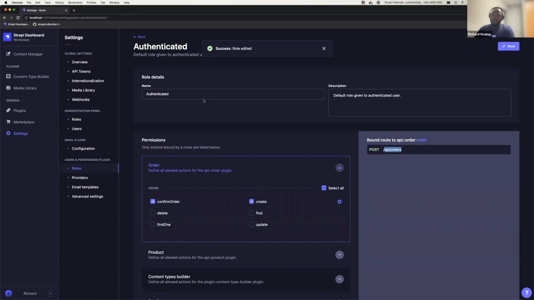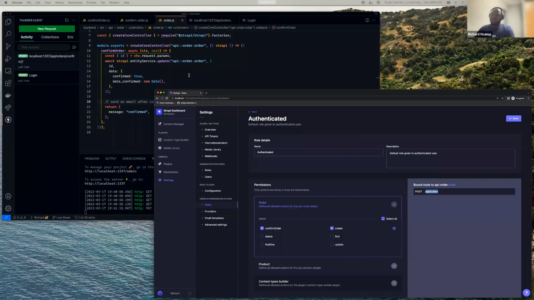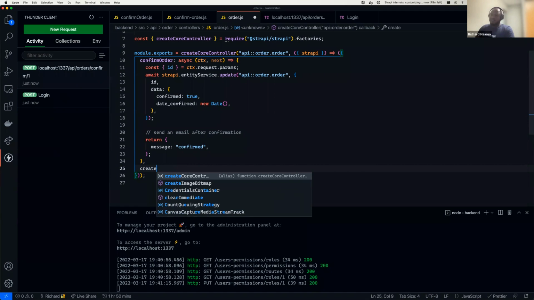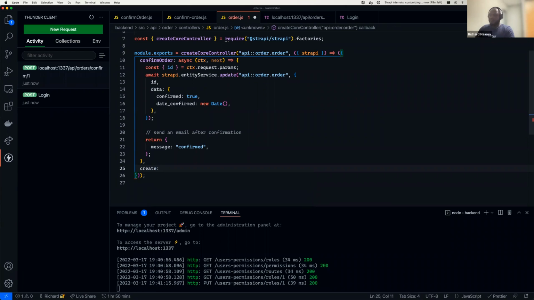And now, before we can actually use this, what we want to do is customize the create controller. To do that, we're going to create another asynchronous function called create. It's going to take in ctx and next, like that. What we want to do is,